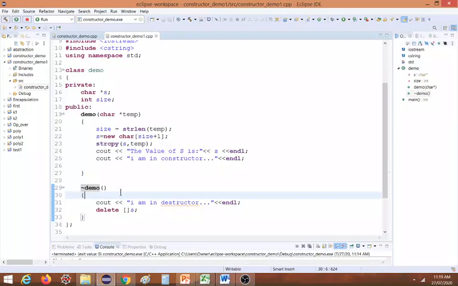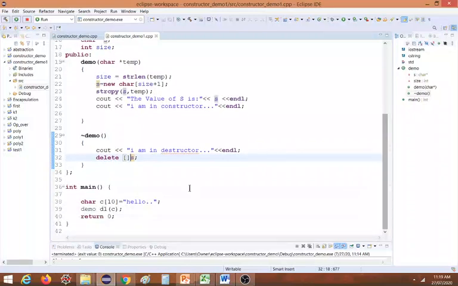Here I am specifically mentioning it because I wish to know when this destructor is called. So I am writing "I am in destructor", and delete is an operator which is used to deallocate or destruct the string s. Okay, so let us see the main function. In the main function I am just declaring a character string which has the string hello, and I am declaring an object of demo type.